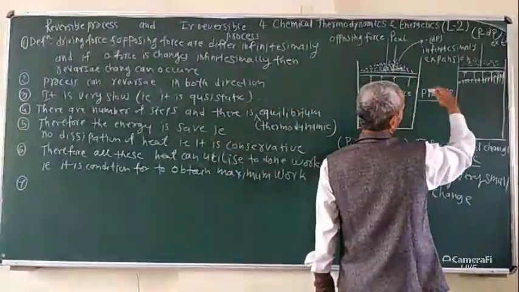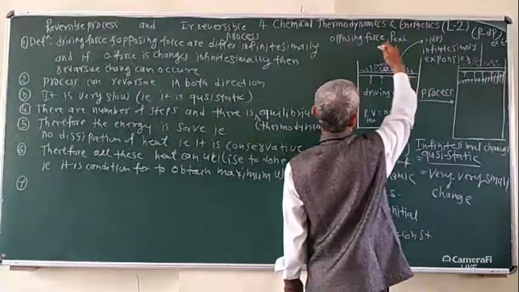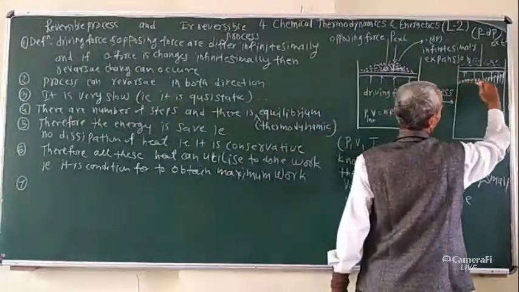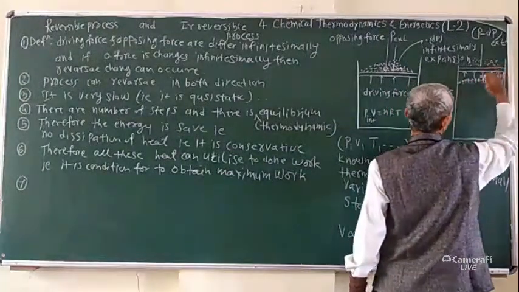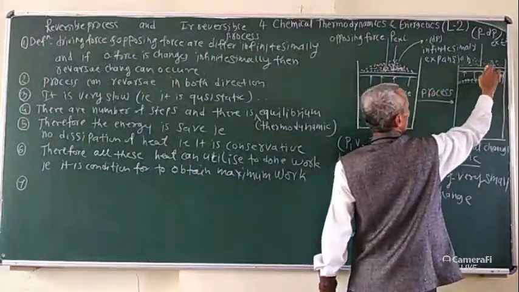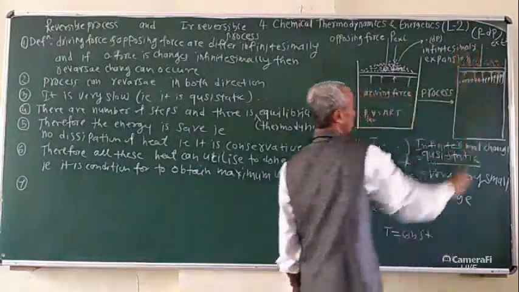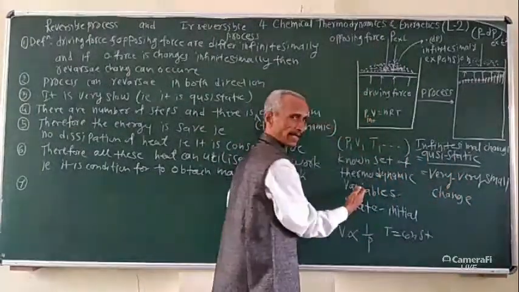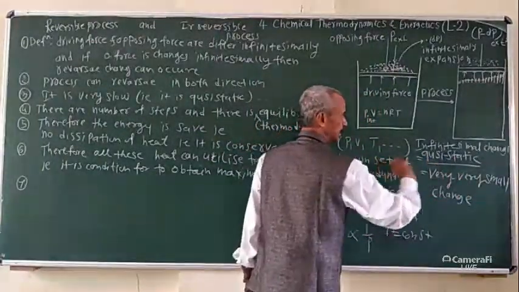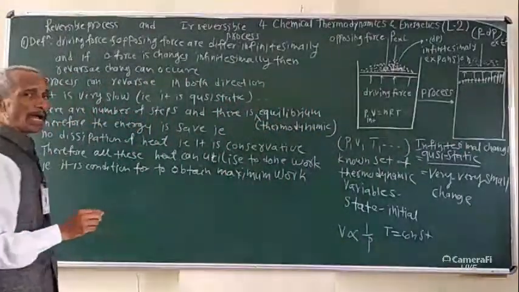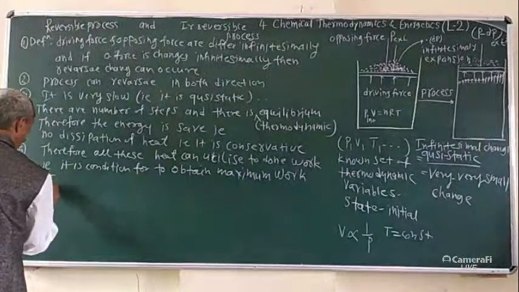In this way, the opposing force decreases in very small proportions, and the process takes place very slowly. The volume increases, or expansion takes place, very slowly to attain the final value. The system attains the final state from the initial state very slowly, right? So this is a very slow process, and therefore it is